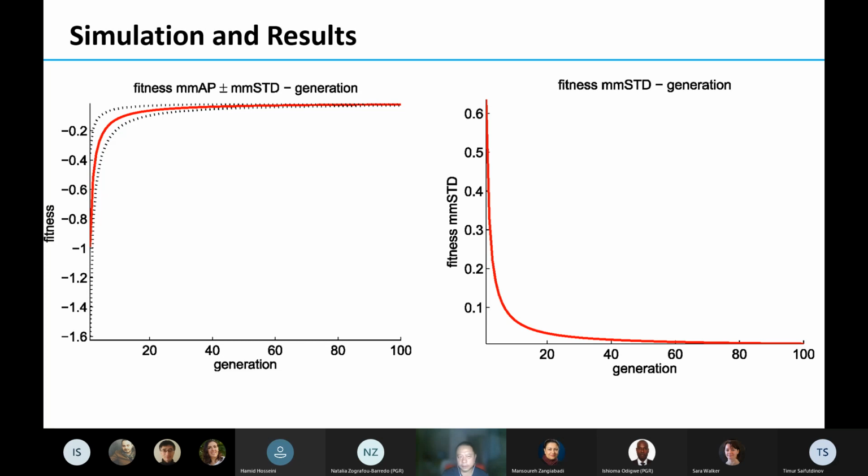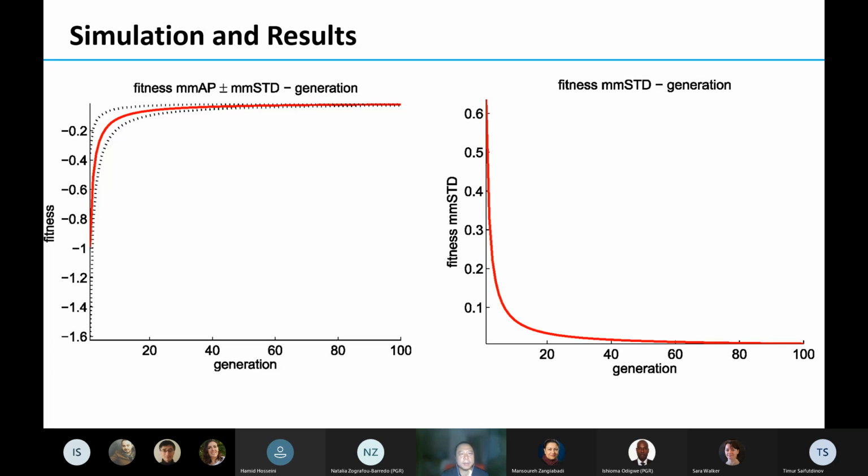As you can see, the curve goes up very quickly, almost reaching a steady status within 10 generations, which means the algorithm performs very well with high efficiency and very steady results. On the left-hand side is MMAP with SD.